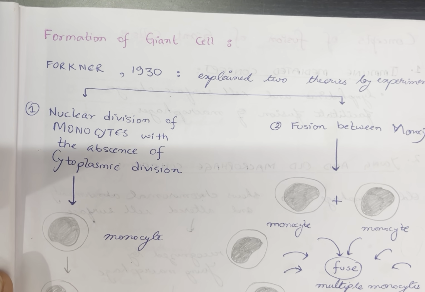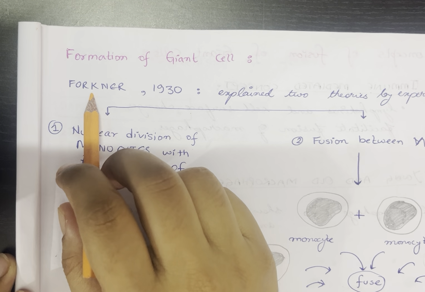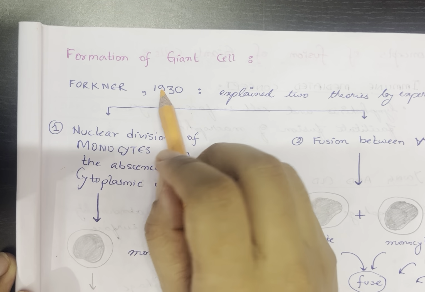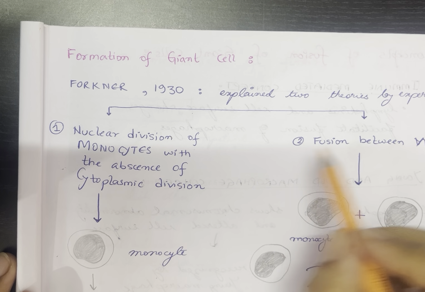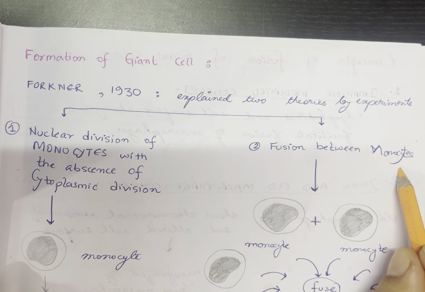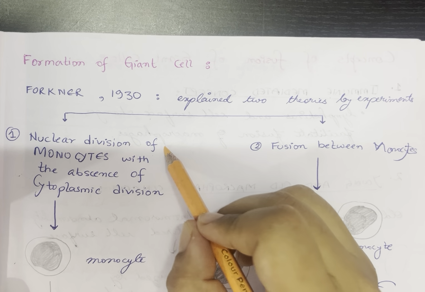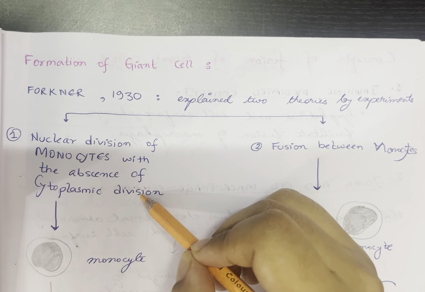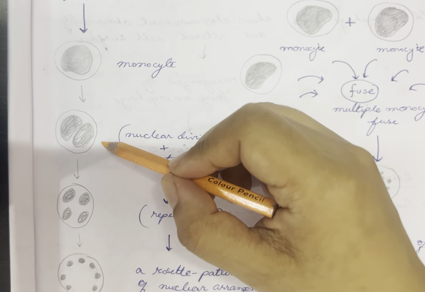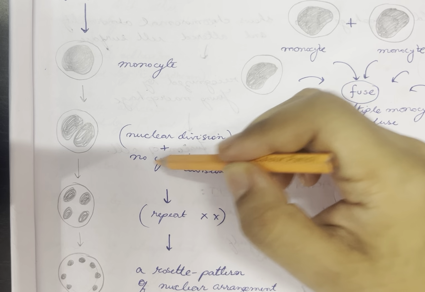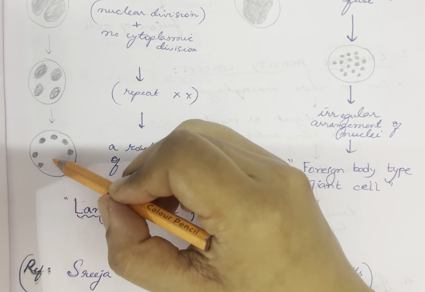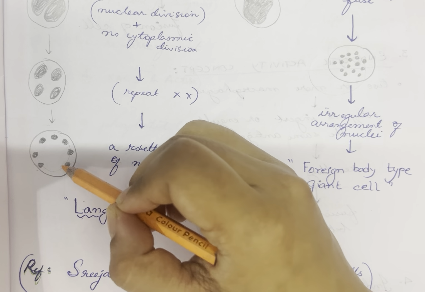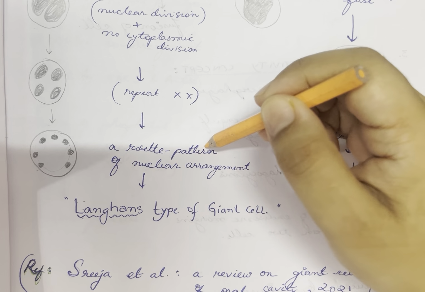Coming to formation of giant cells, how giant cells are formed. This was given by Faulkner in 1930. He explained 2 theories by experiment. One was nuclear division of monocytes with the absence of cytoplasmic division, and the other was fusion between monocytes. In the nuclear division of monocytes, there is a monocyte and it divides. Only the nucleus divides and there is no cytoplasmic division. And then it keeps on repeating. Because of this, the nuclei keep on repeating towards the periphery and a rosette pattern of nuclear